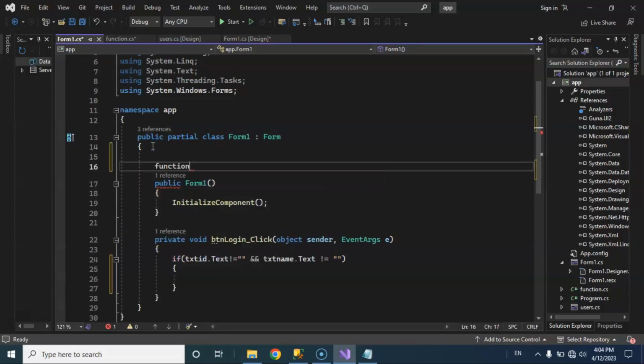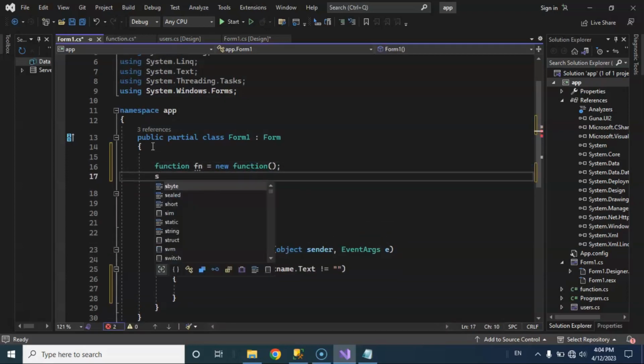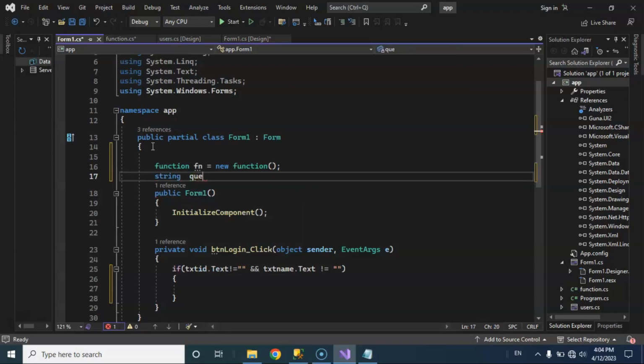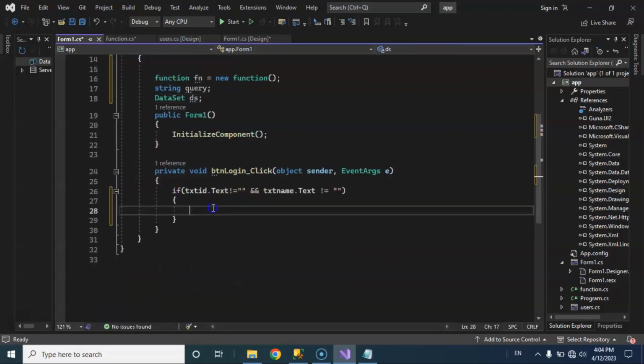Okay, first I will create an object from the function class: function fn equals new function. One variable of type string, query, and a dataset ds. Just write here query: select all from users from new,